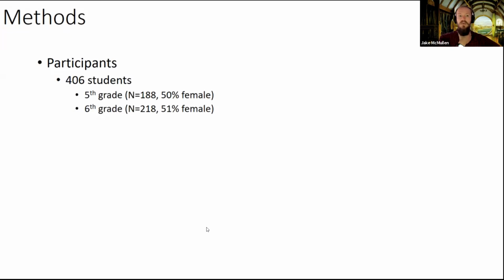In terms of curriculum in Finland, these are Finnish students. In 5th and 6th grade, at the beginning, the 5th graders will have completed at least 1 year of instruction that included some fraction magnitude knowledge, and the 6th graders will have completed 2 years of that. Fractions are introduced in 3rd grade, so in general they have some background knowledge. But we get a wide range of skill across those 2 grades.